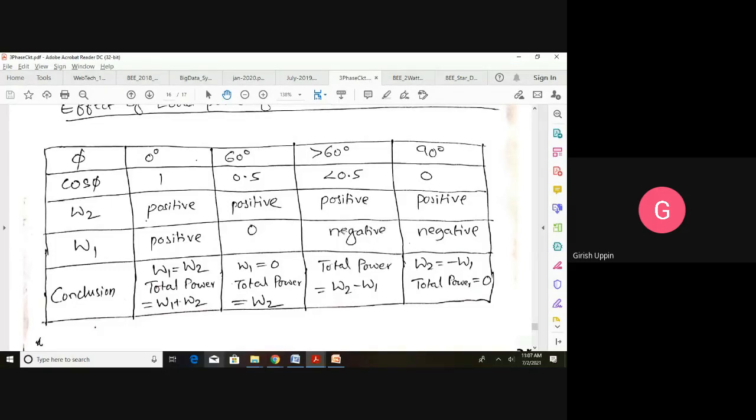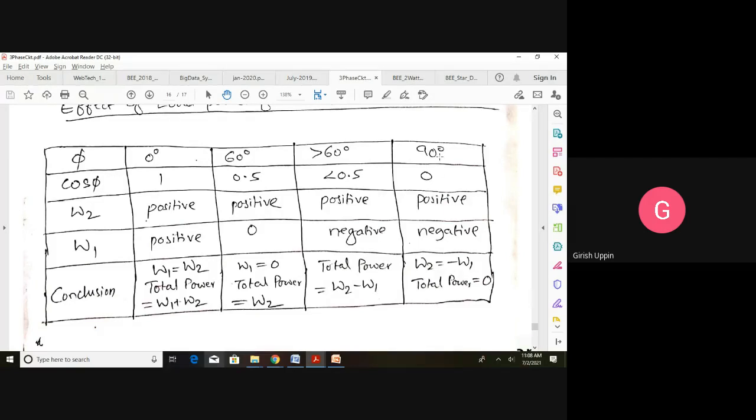And if you have seen a wattmeter, there are no negative values, right? What happens is, the minute the phase angle is greater than 60, the pointer will push to the left. It won't show a negative reading. Then you have to disconnect the circuit and reverse the connection of the potential coil for wattmeter 1, and then it will show the positive value, but still you have to deduct that value. Total power is equal to W2 minus W1.